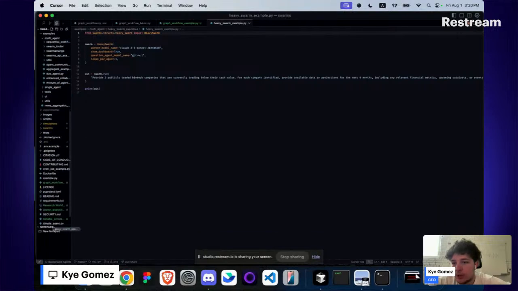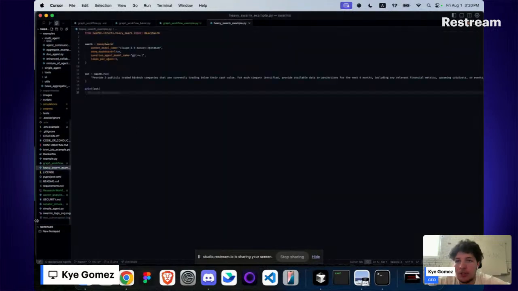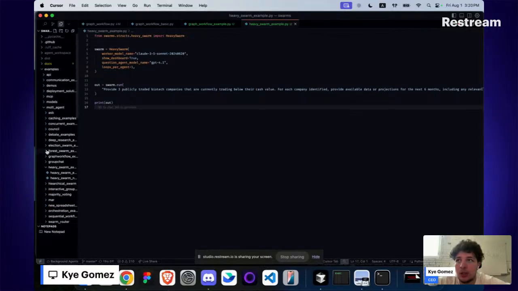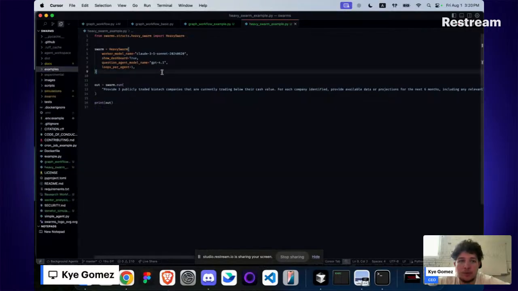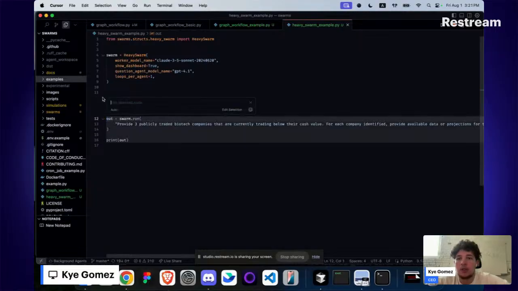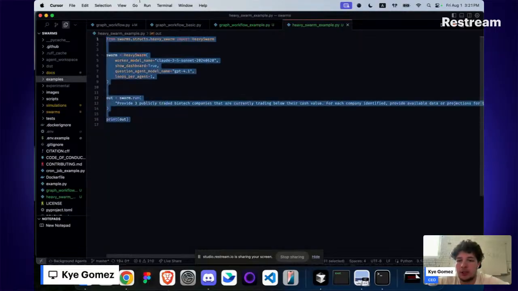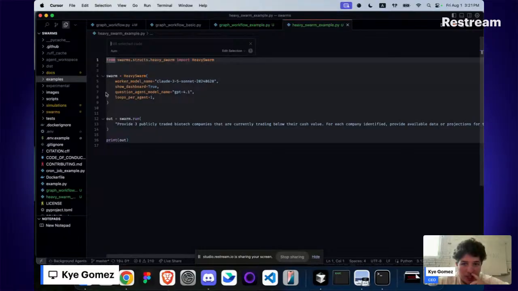Yeah, so this is how it works. It's super simple. It's like maybe 16 lines of code in total. We can also fix this. We could do another task such as like